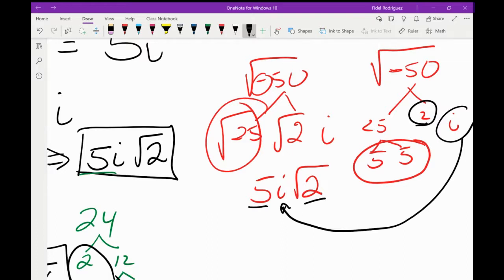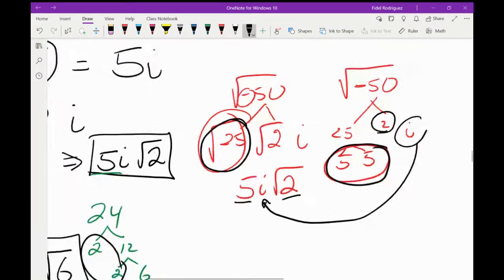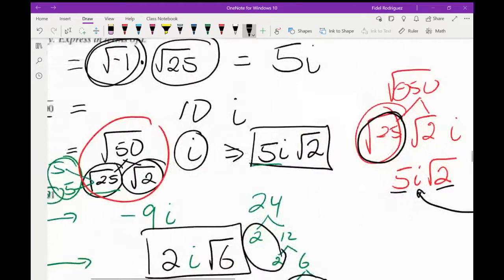So the reason why I had stopped right here is because I said, well, you know what? I know what the square root of 25 is. I know that one is 5. I don't necessarily need to break it down, but it definitely helps when you do that because then you get to see all those pairs. So very good question. Excellent.